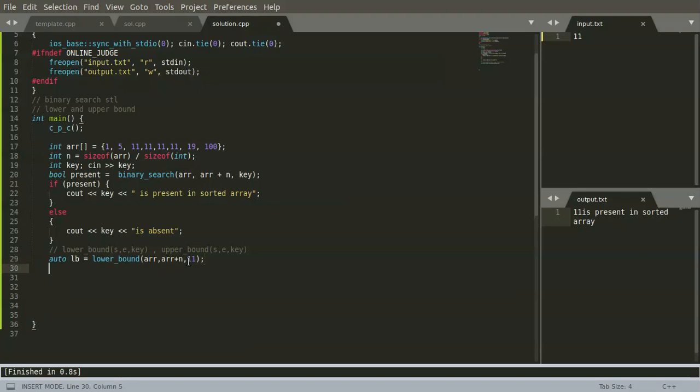Then let's see what we're getting. We print it minus the starting address of the array, and it should give us the index of this 11.